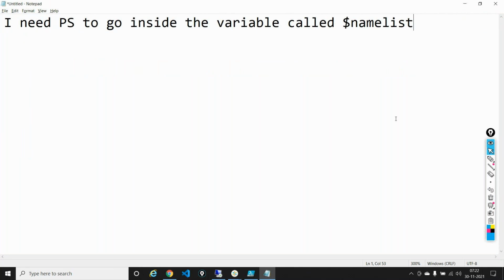I need my PowerShell script to go inside $namelist, and for each value inside the name list, and you have three values, for each value inside the name list,